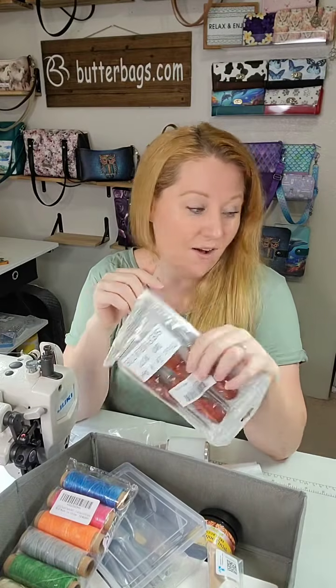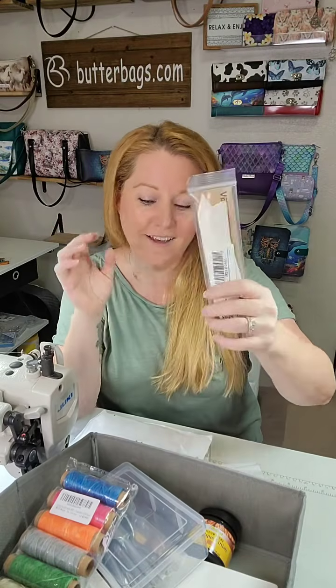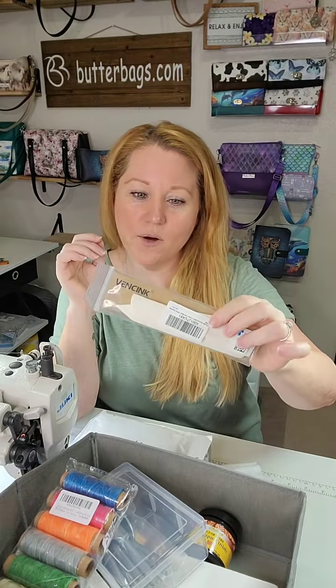These are called skivers. So on the edge of your material, if you don't finish it and do some prep work, your edges can kind of roll over. Skiving the edges prevents that from happening. This is, I want to call it a boner, but it's not a boner. It's a bone